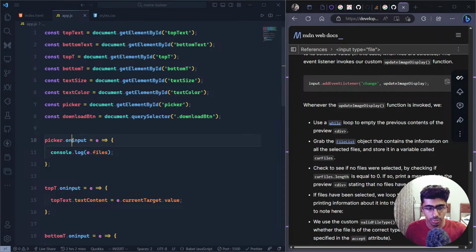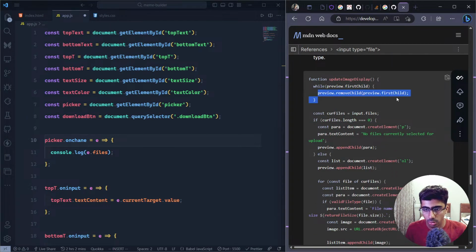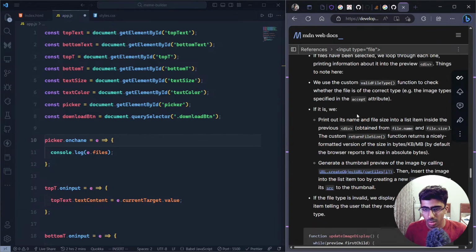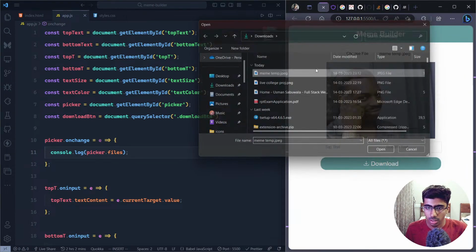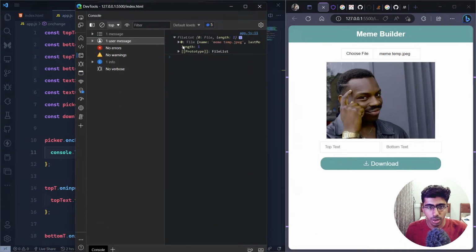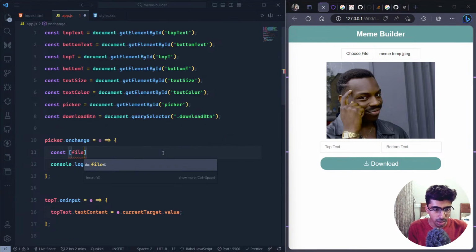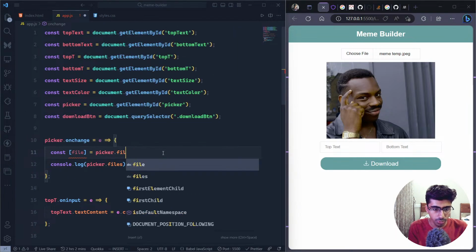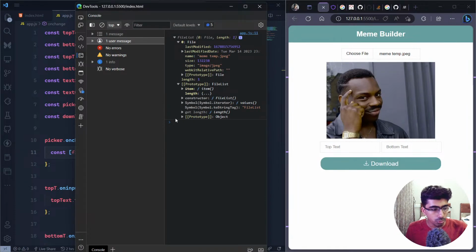It looks pretty interesting. Okay, we have onchange, and then on change, what you have is input.files. What is input? Input is the picker. picker.files. Let's see how that goes. So we pick this image, we go to the console, and we see a file list. Pretty interesting. So all we do is we get the file from picker.files, which is an array, and this file that we get back,